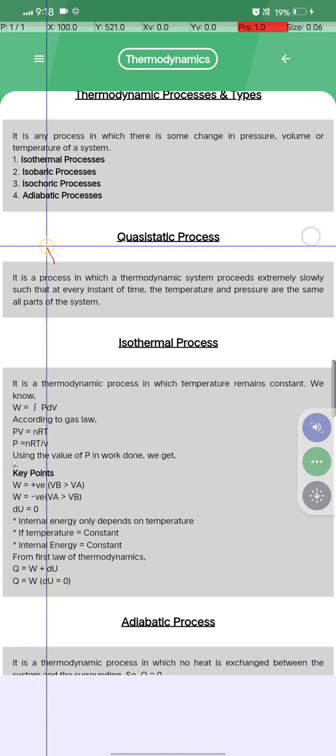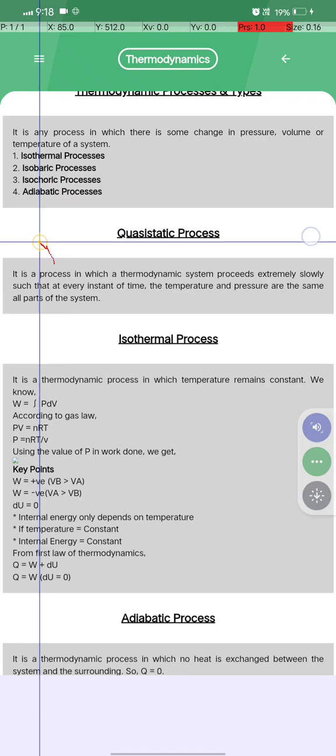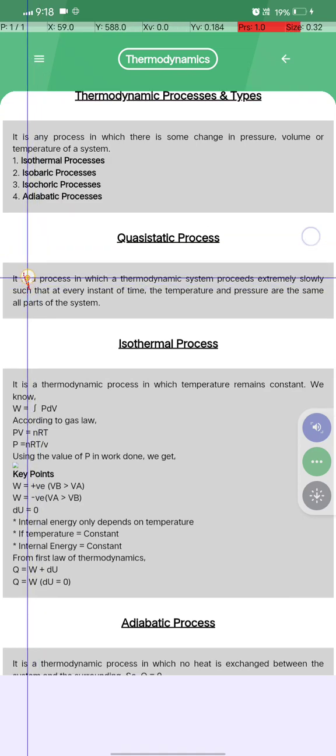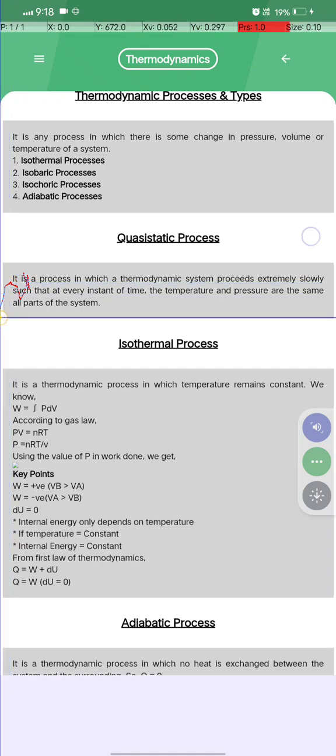ओके, उसके बाद क्वासीस्टैटिक प्रोसेस क्या होता है? It is a process in which a thermodynamic system proceeds extremely slowly such that at every instant of time the temperature and the pressure are the same in all parts of the system। आइसोथर्मल में क्या होता है, it is a thermodynamic process in which the temperature remains constant and we know W is equal to integral of PdV according to gas law,